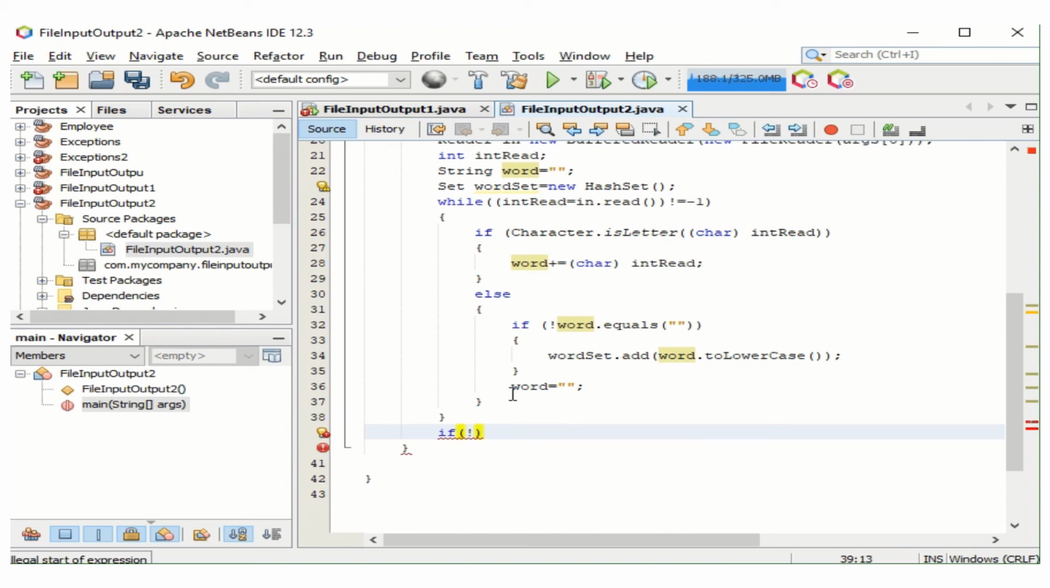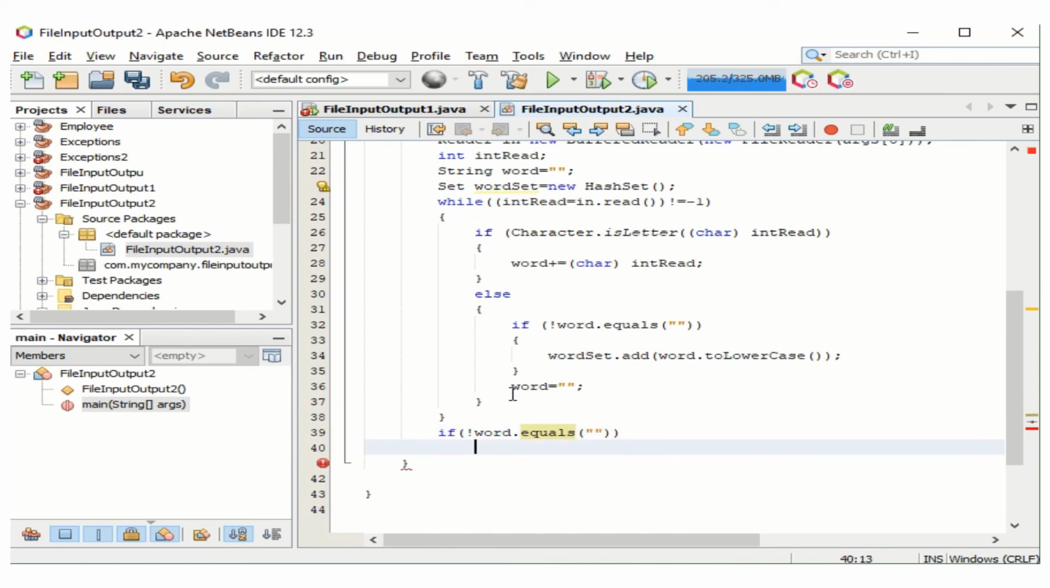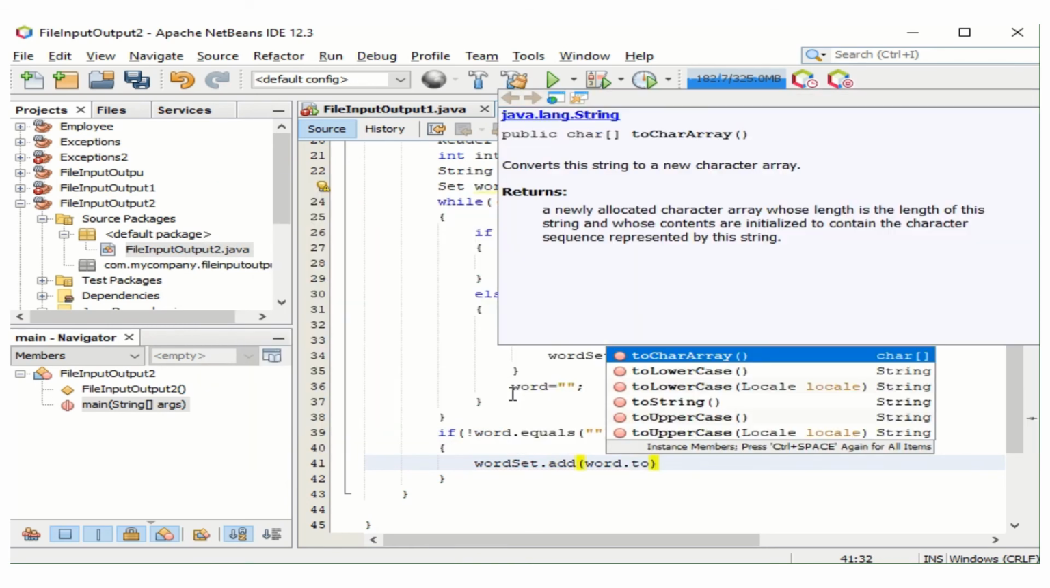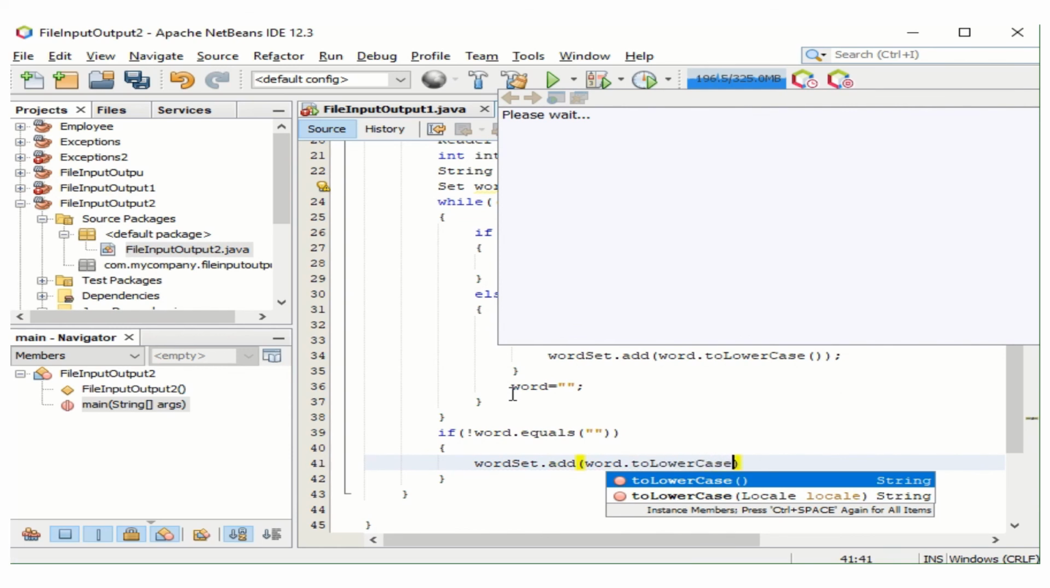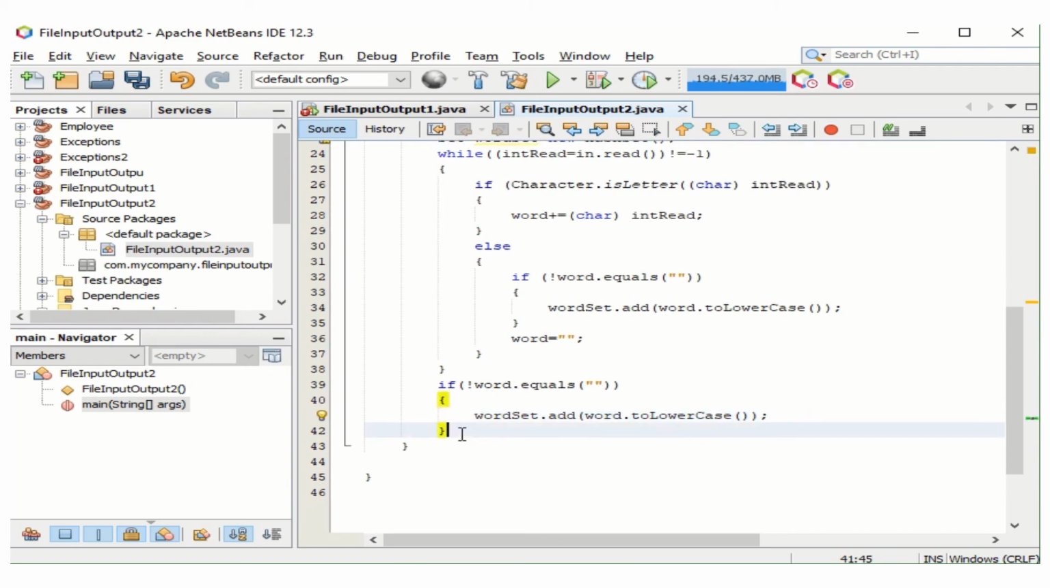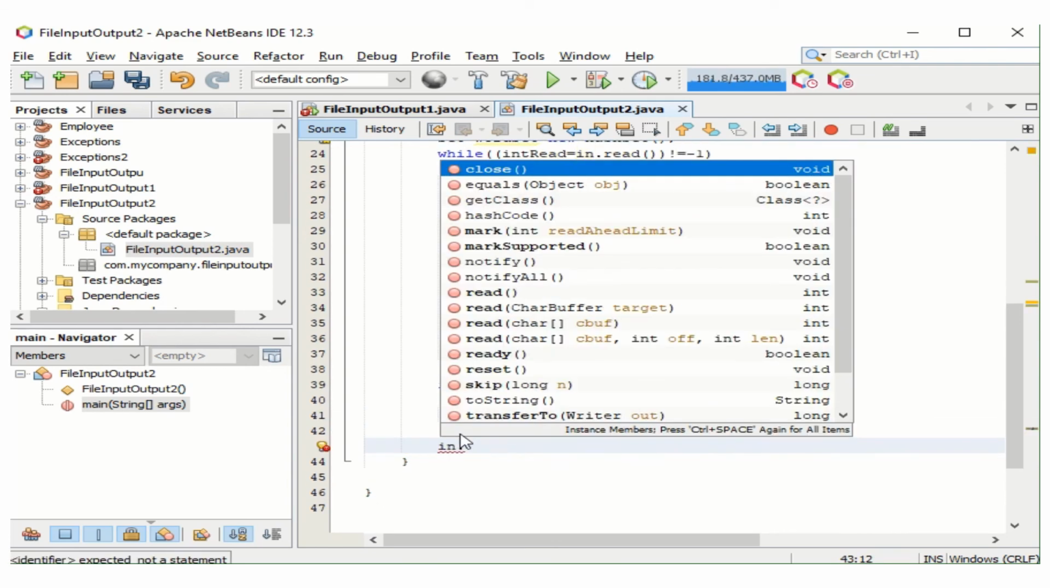And if it's not the string, then what we are going to do is we are going to add it to the word set by first changing it to the lowercase. So word.toLowerCase. Right? Then in.close,